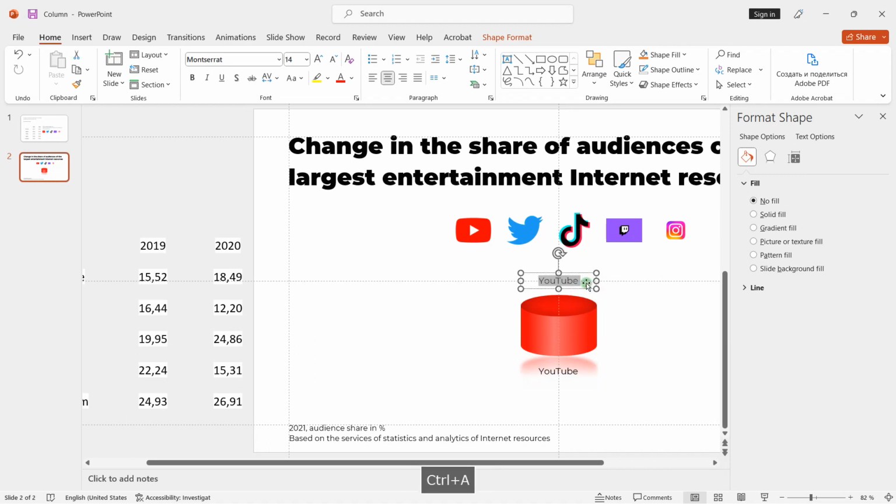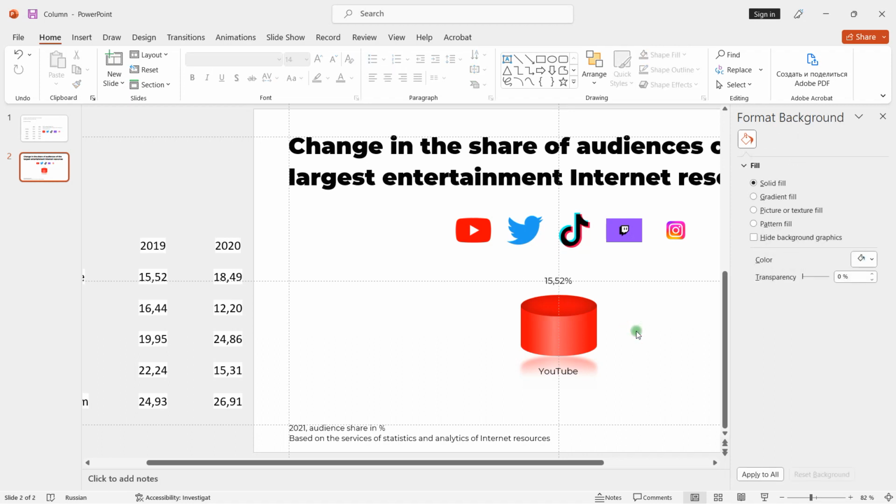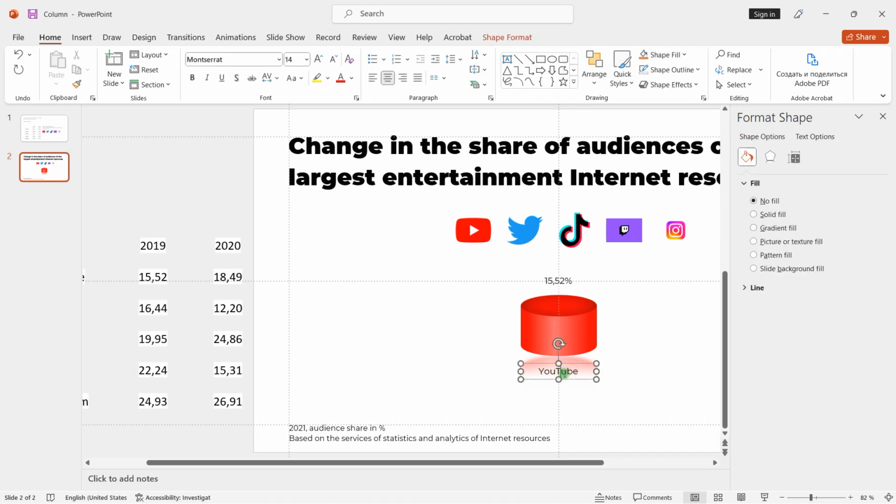Select the text with the Ctrl+A key combination and enter the numerical value from the table on the left for 2019. This is 15.52%. It seems our values are too small in size. Select the text block with the left mouse button and use the Increase Font Size button to increase the size